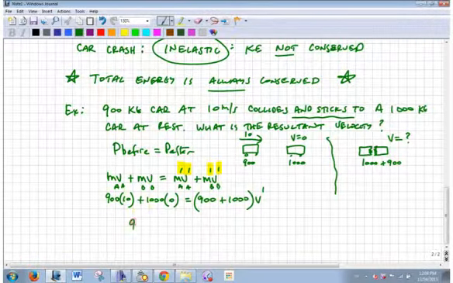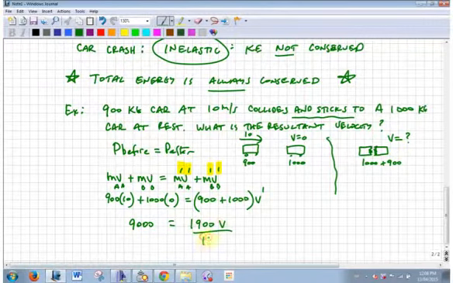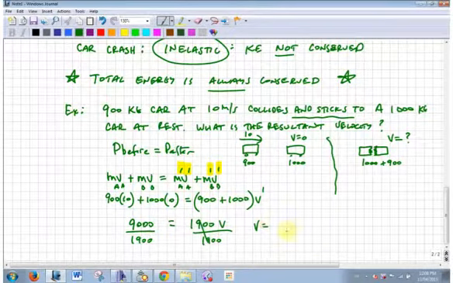So, that's all I have before, just the momentum of the first car, because the second car had no momentum. After, I want to know what the velocity of these two guys combined is. That divided by that, I got